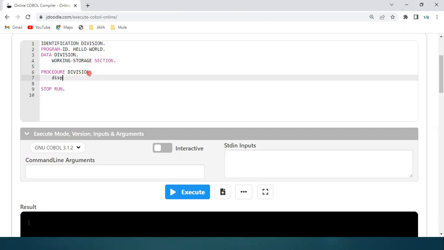I want to print something. If you want to print something, the keyword is display. Display Welcome to MF batch 5. So what will it do? As soon as I execute